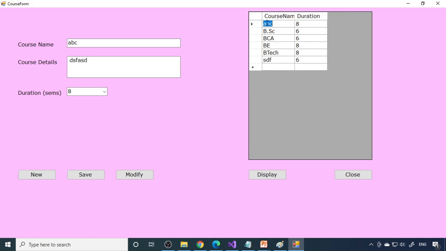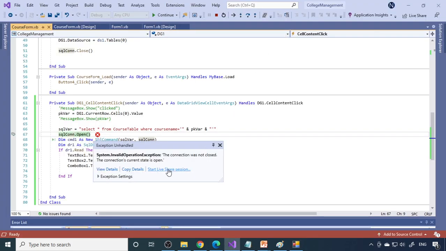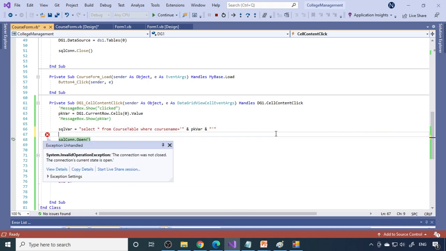Now click on ABC. You can see the course details for ABC. Now click on BSc. There is an error. So what is the error? The connection was not closed. We opened the connection, but we forgot to close it. If the connection is not closed, we can't open it again. So there's a problem, and in order to solve it,